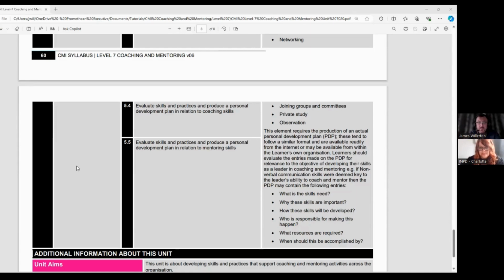Bearing in mind the kind of support you would need, don't forget the concept of being coached or being mentored to help you to coach and mentor better and share best practice, and experience it on the other side of the fence. Often people get into these positions of being a coach or mentor, and that's it. You're on that side of the desk now. Well, actually, experiencing it can help you to empathize better and keep connected with the person that's subject to your coaching and mentoring, and maybe help build rapport better and understand some of the areas of practice that you need to focus on to make those bridges and connections even stronger.